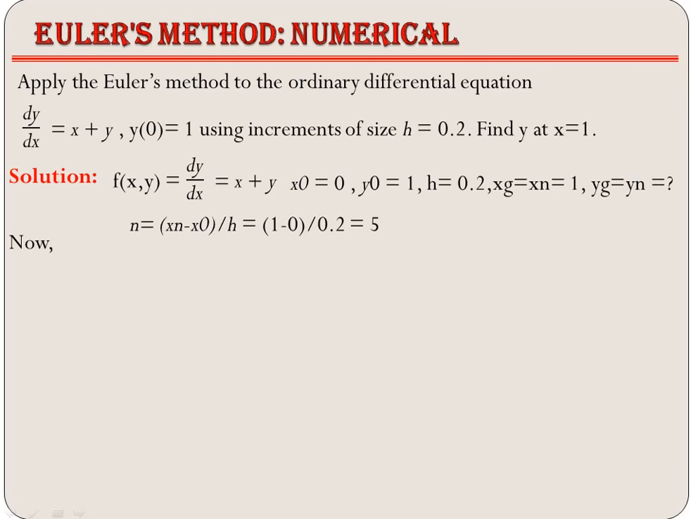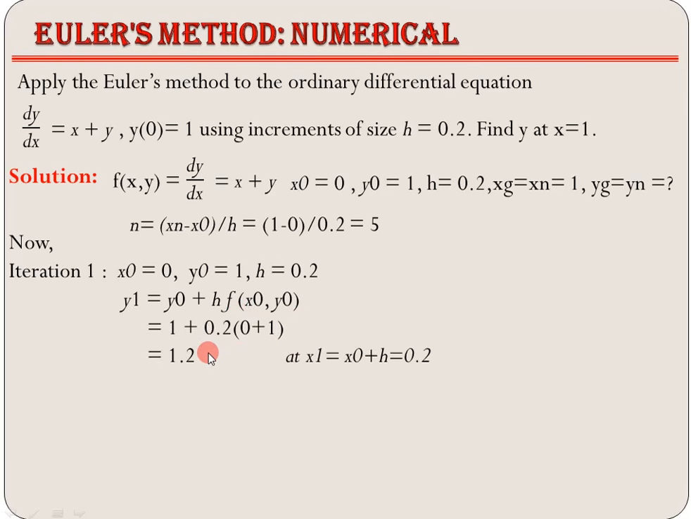For iteration 1, we take the value of x0 as 0 and y0 as 1. These are the initial conditions, and the step size is h is equal to 0.2. Now we use the formula to calculate y1 equals y0 plus h into function of x0 comma y0. By putting in these initial values, we get the value of y1 as 1.2,